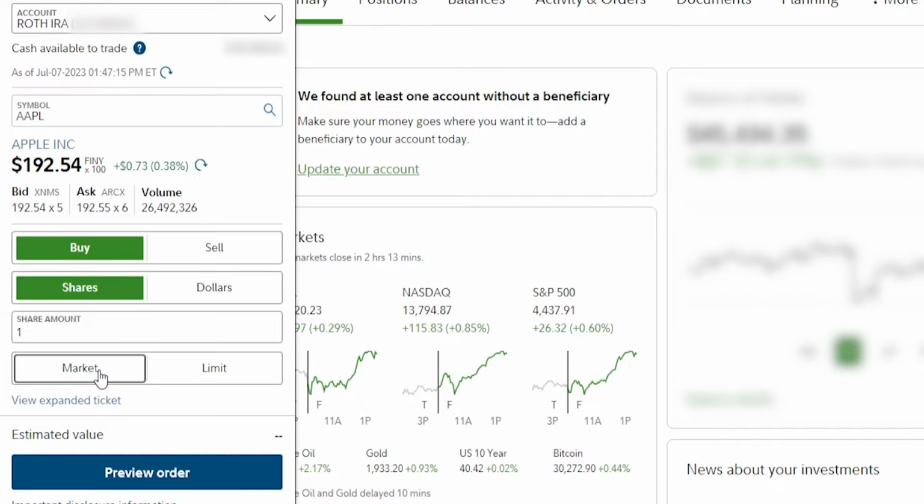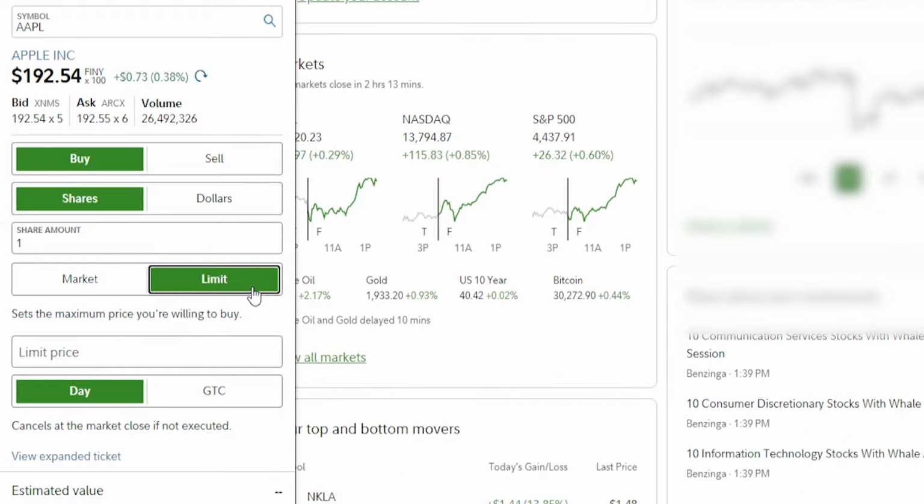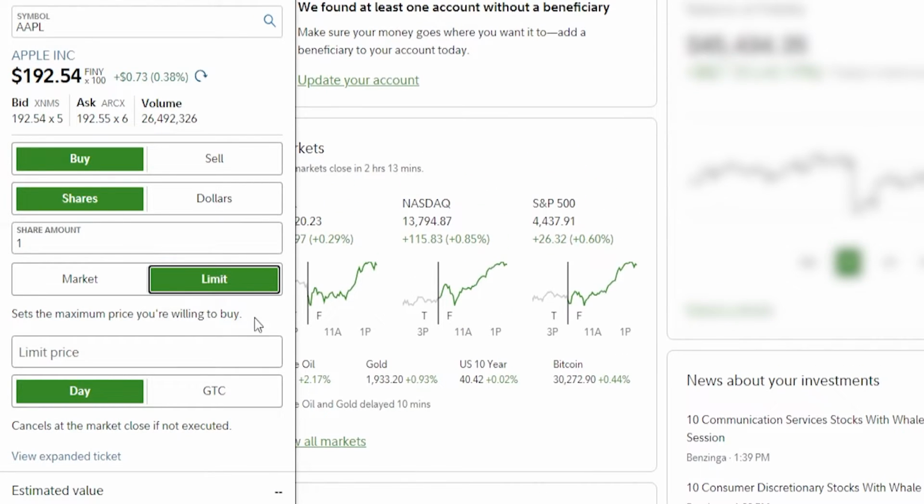Now I can select how I want to pay for my share, either paying market price or setting a limit. If you don't understand what these mean, go watch our other video explaining these different order types. I don't want to pay full price for Apple at the moment. There's a chance the stock might go down, so I'm gonna set a limit. I'm gonna set the max price I'm willing to buy this Apple stock for. I think Apple might go down a couple dollars in the next couple hours, so I'm gonna set my limit